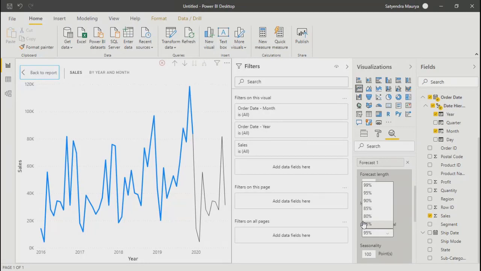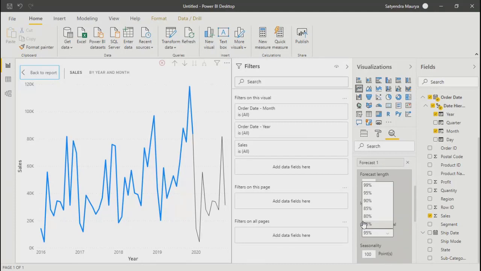Maybe it is 99.99% accurate, but still there would be a chance of 1% error. The prediction or forecast will be plus minus.